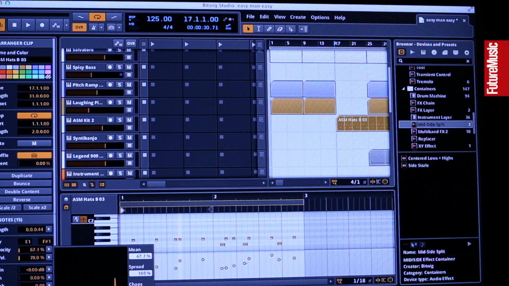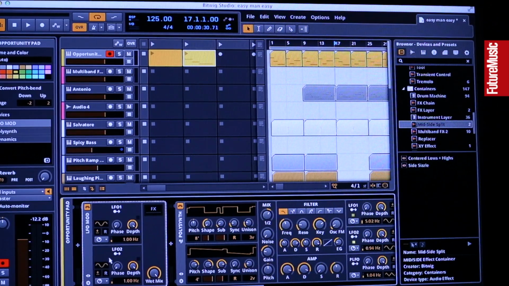I can now spread them or put them up and down all at the same time, and you can always see what you are doing both in the editor and in the histogram at the same time. This is available for velocity, for release velocity, for gain, for panorama, and it's a really useful tool to be quick at making programmed stuff a bit more funky and lifelike.